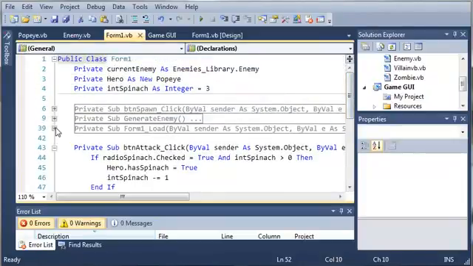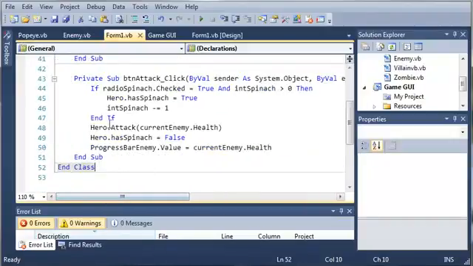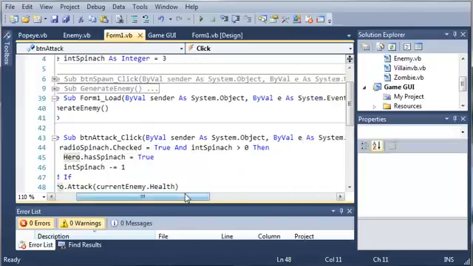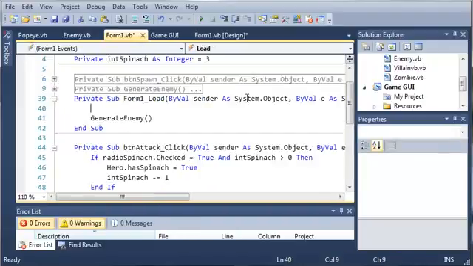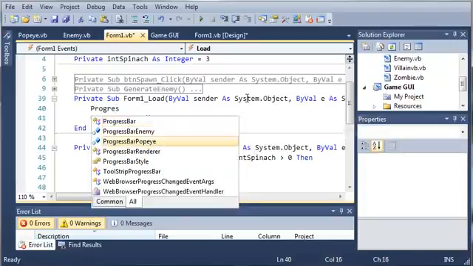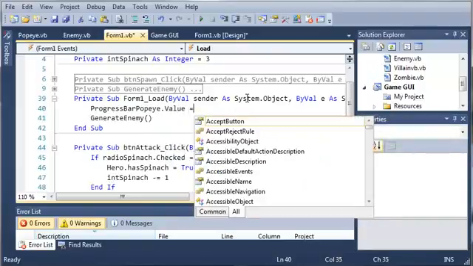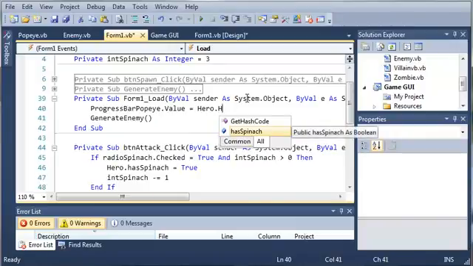In this tutorial we're going to continue working on the game. If you remember from the previous tutorial, we created the button attack event, and whenever you click attack it will attack the enemy. So let's come up here to form 1, and whenever form 1 loads we'll set progress bar Popeye dot value equals hero dot health,